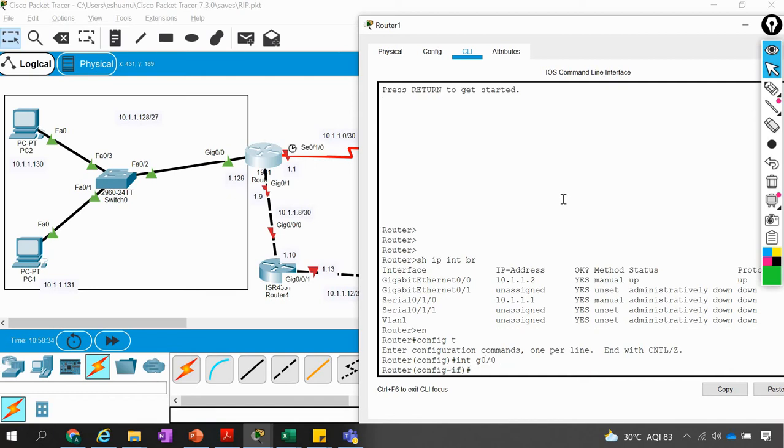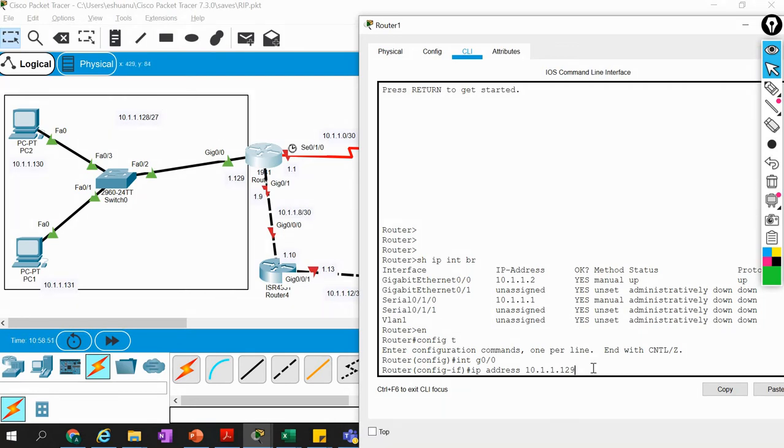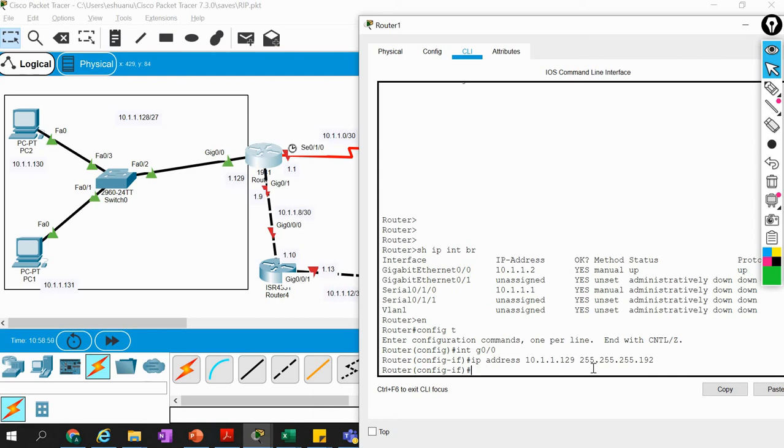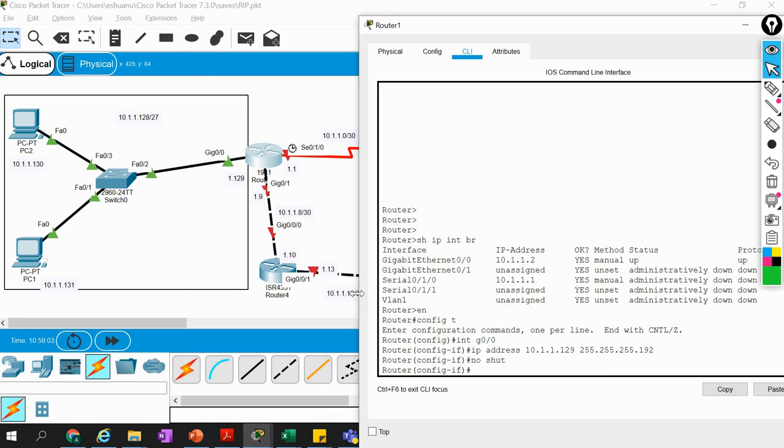And now I give the IP address, not 192, that is 10.1.1.129, and that is belonging to the /27. I think that's also wrong. That should be /26. So that should be 192, 255.255.255.192. Perfect. And now I can put no shut. And now it's up and it is not giving any error.